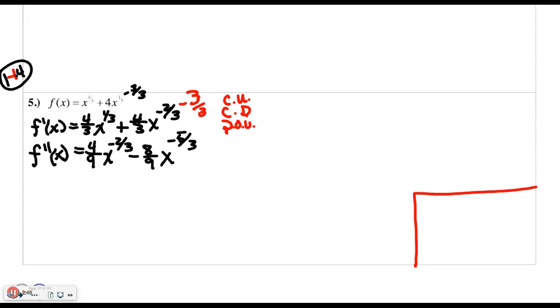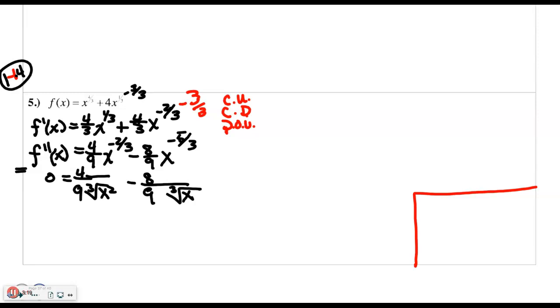And I chose this one because this is where my work will differ from the key. We do need to figure out where that second derivative is equal to 0. But on the key, they factor it. And it's kind of hard to factor with these negative exponents. So I'm going to do it a little differently. I'm going to make this the cubed root of x squared in the denominator. That's what x to the negative 2/3 is. And likewise, I'm going to make this 9 times the cubed root of